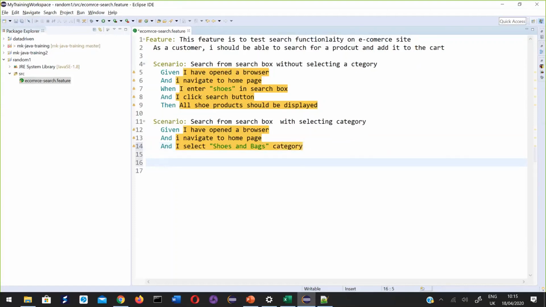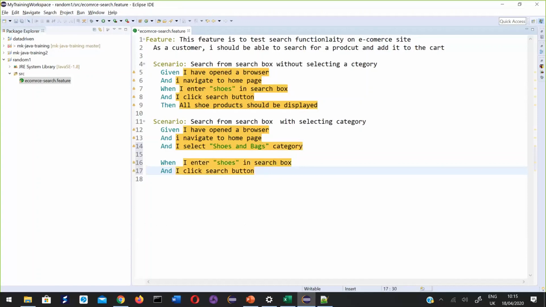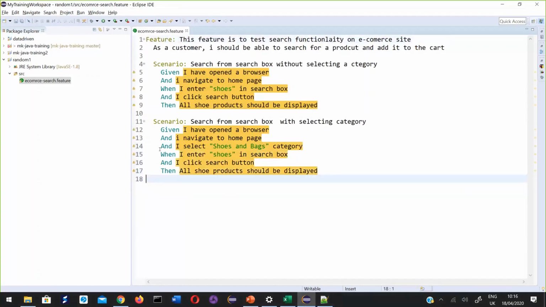Now, when I enter shoes in search box and I click search button, then okay, given, when, then.